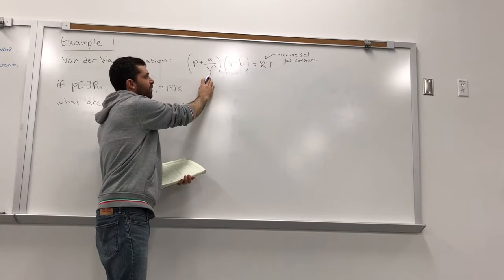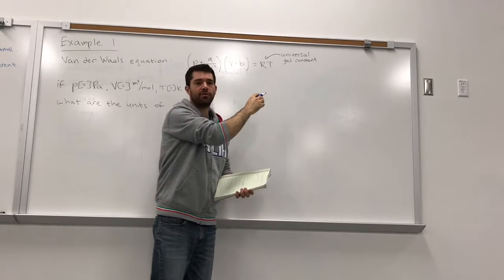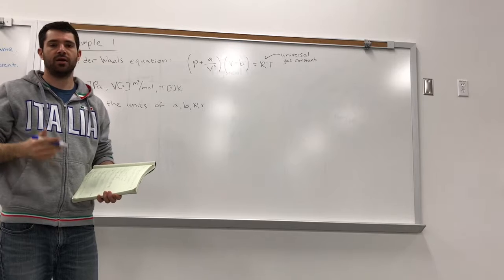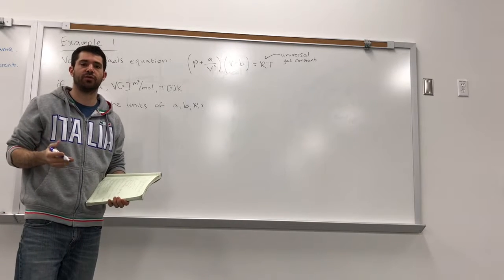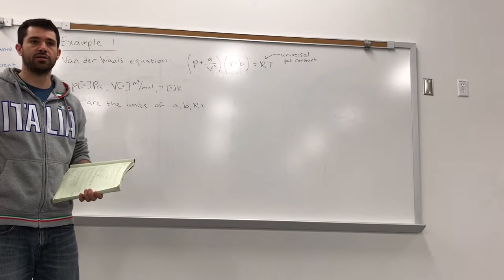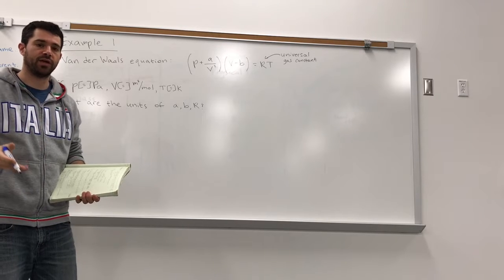P plus A divided by V squared times V minus B equals RT, where R here is the universal gas constant. That's something you're going to use a lot in the class. And I think there's a list of values for this in different units in Felder's book, but you can also just Google gas constant and you can find on Wikipedia a big table of values for the gas constant in